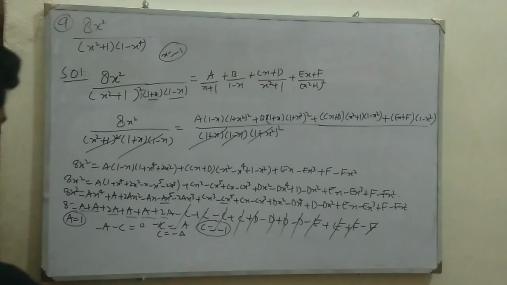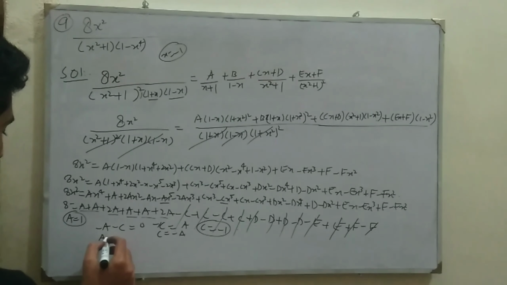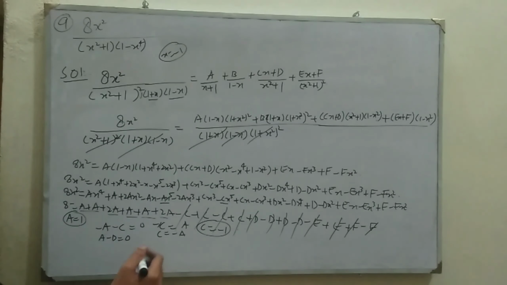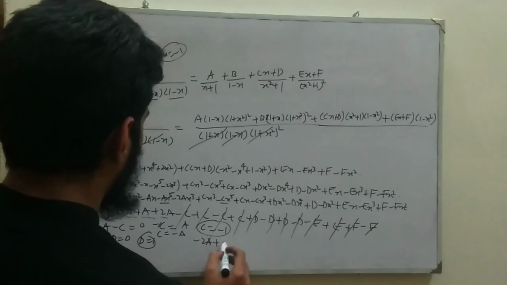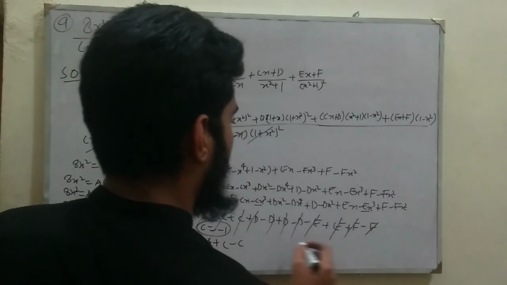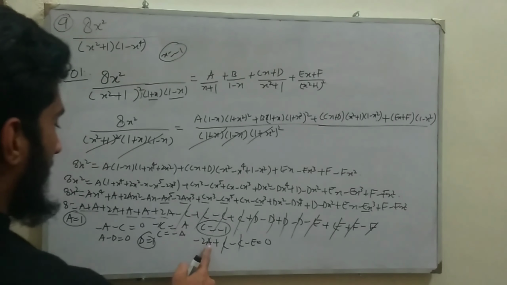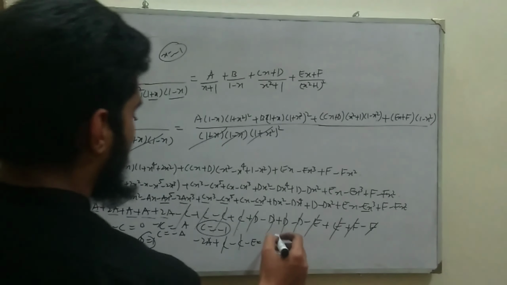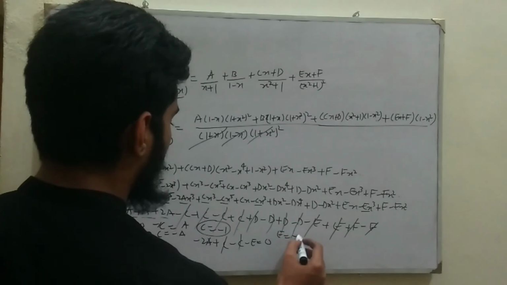Now comparing the coefficient of x raised to power 4, which is a, and minus d. So a minus d is equal to 0. So d is equal to a, so the value of d will be equal to 1. Now comparing the coefficient of x raised to power 3, which is minus 2a plus c, and minus c, and minus e. On the other side there is no coefficient of x raised to power 3. Plus c minus c will cancel out. A is 1, so minus 2 multiply 1 minus 2 minus e, so it becomes e is equal to minus 2.